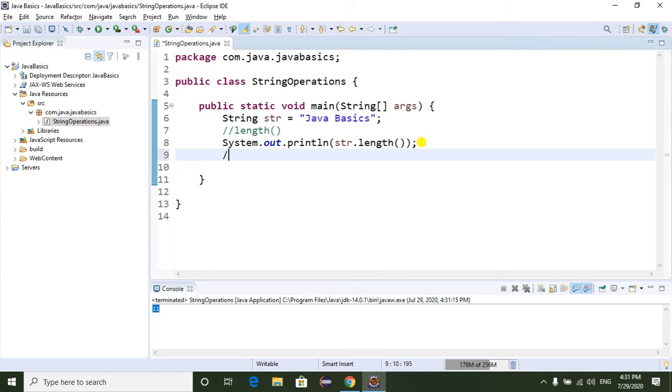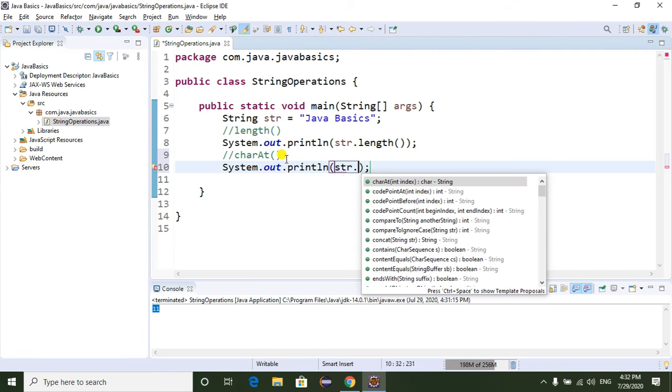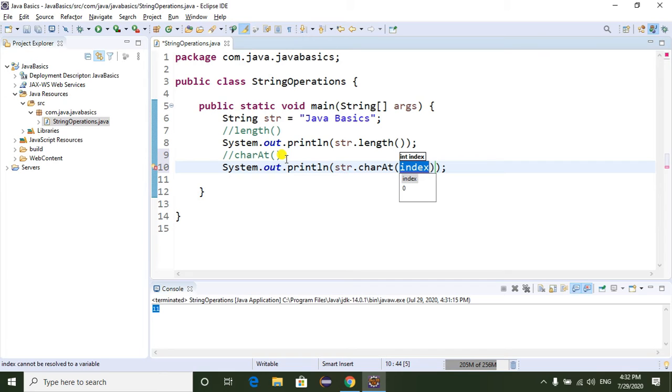And the second method is charAt method. This charAt method is used to return the character at a given index. Now I am going to use str.charAt, I want to find the third index of the string.